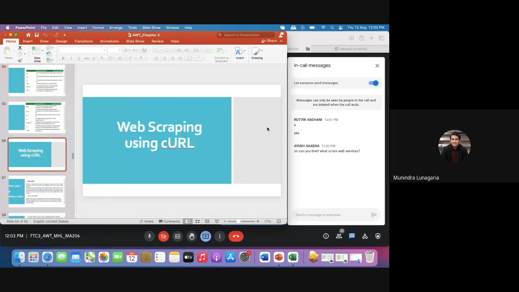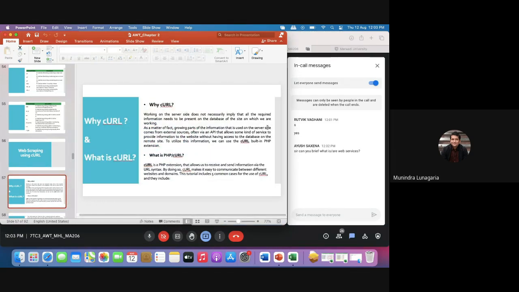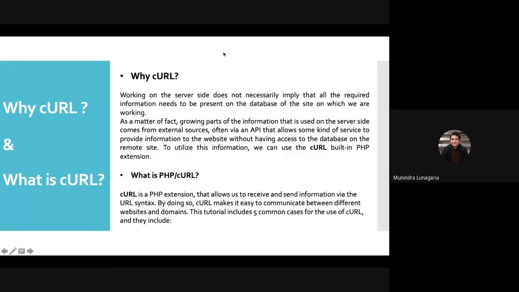Web scraping using curl. Why curl, first of all? Working on the server side does not necessarily imply that all the required information needs to be present in the database of the particular site we are working on.